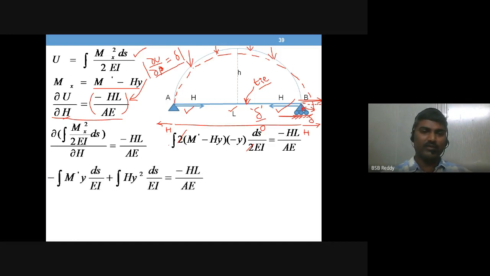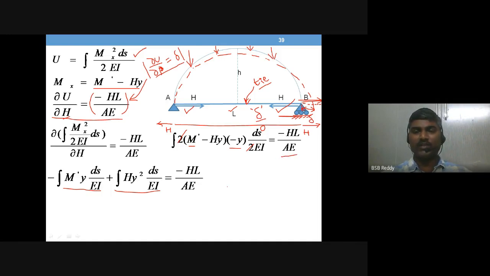What you have here is minus M dash y ds by EI, and minus of minus plus integral H into y square ds by EI